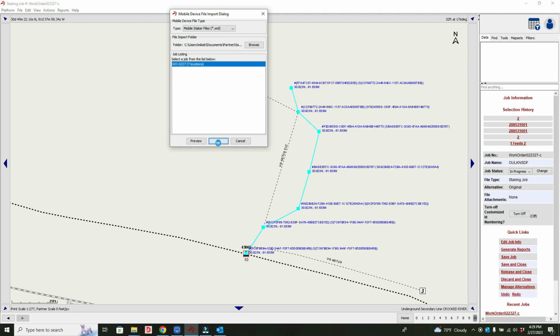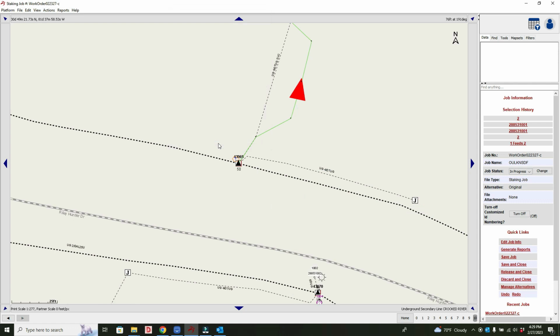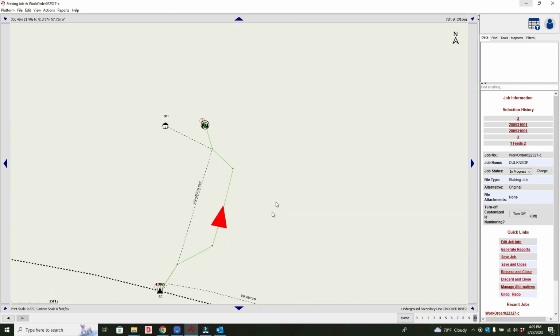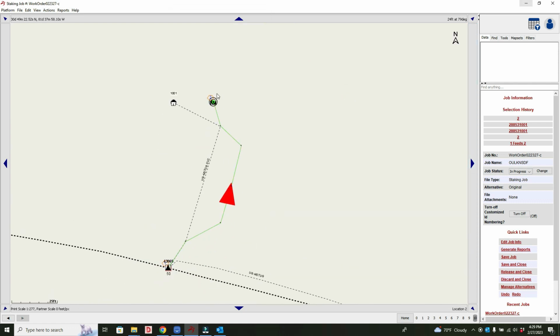It will take just a second to process. And now that job is imported from Orbitas directly into Partner Staking using nothing but the XML format.